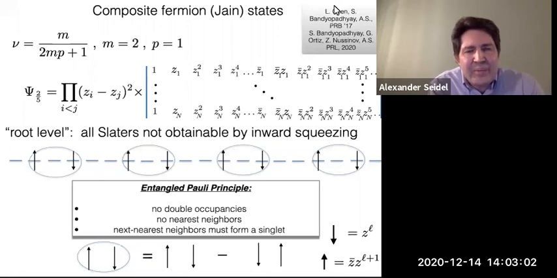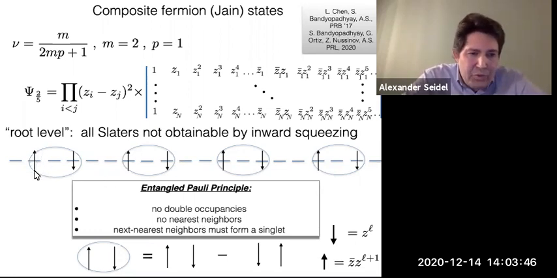And we established for the Jain state a Pauli-like principle that we call an entangled Pauli principle, because you can see at root level, entanglement is now possible and quite important. The principle that root states are subject to is that there's no double occupancies, no nearest neighbor occupancies. And if there's next nearest neighbors, they must form a singlet in this pseudospin basis. So if you think about it, that very naturally, even if you didn't know anything else, leads to a densest filling factor of 2/5, because any